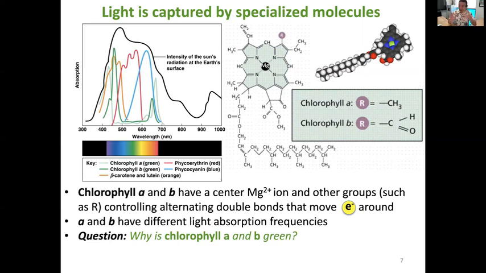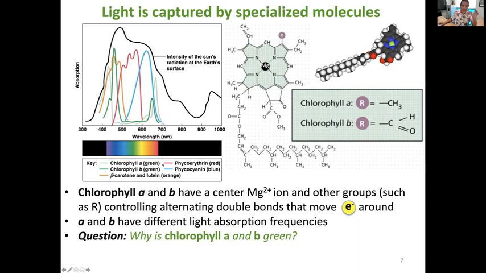And that energy of the electrons being bounced around like that is what's going to be transmitted on, as part of powering the electron transport chain. In addition to chlorophyll A and B, which only differ by the R group attached here: in chlorophyll A it's a methyl group, and in chlorophyll B you can see it has this group over here. There are other types of pigments, so we call these pigments because they have a color,